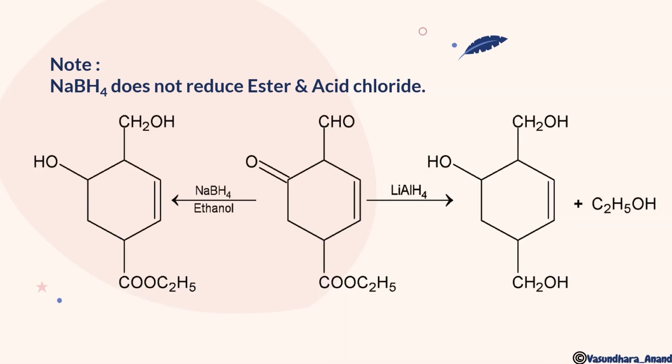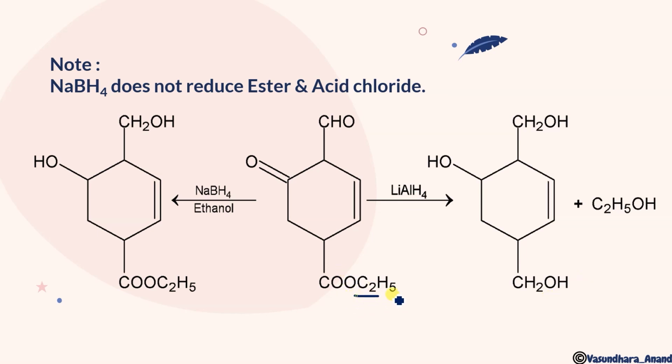Next we can see that with lithium aluminum hydride, only if this double bond is in conjugation will it be reduced; otherwise it won't be reduced. Since it is not in conjugation, neither with this CO group nor with this CO group, it will not reduce and will remain like this. This double bond will reduce, ketone will be reduced to secondary alcohol, aldehyde will be reduced to primary alcohol, and ester will also be reduced, and this will give you alcohol.